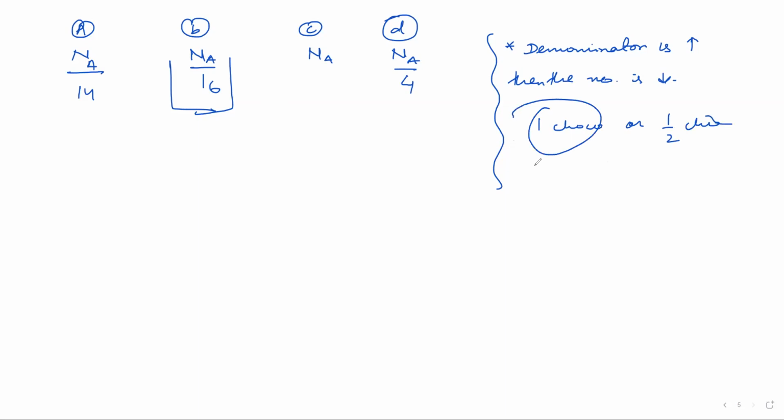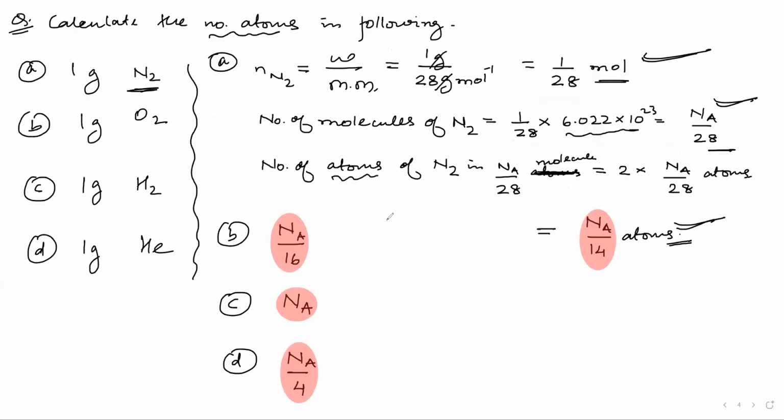You will obviously take one chocolate, because if the denominator increases, the chocolate decreases. One chocolate means complete one chocolate, and 1 by 2 chocolate means half chocolate. Okay, so which is greater? One is greater. So if you get a similar question, and rather than calculate the number of atoms in the following,